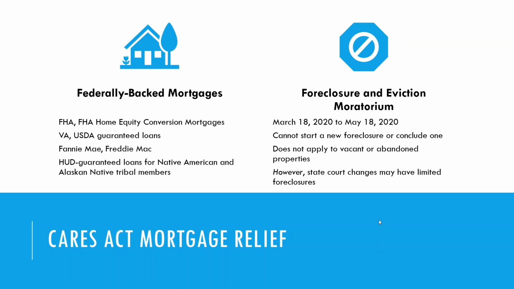This doesn't apply to properties that you can determine and document are vacant or abandoned. So if you have any of those, you can flag them to proceed, but you need to be sure that they are vacant or abandoned, and you would have normal procedures for doing that. Even subject to this moratorium, state courts across the country have, in most cases, done something to limit the ability to move forward on foreclosures during certain time frames. If you want details about that, you can reach out to any of us. We've been maintaining a list of that and of other court restrictions that affect financial services companies.